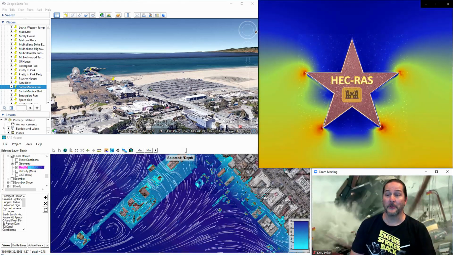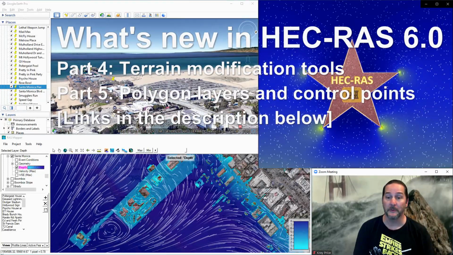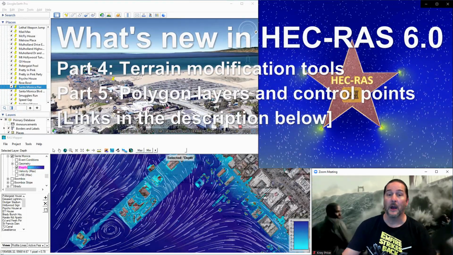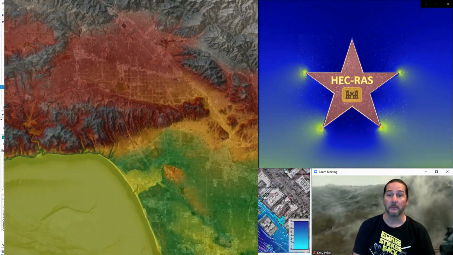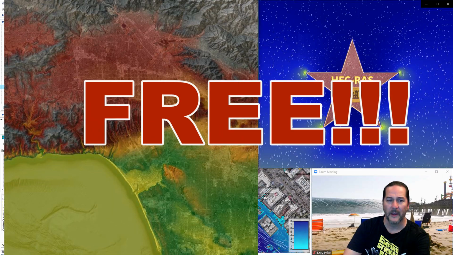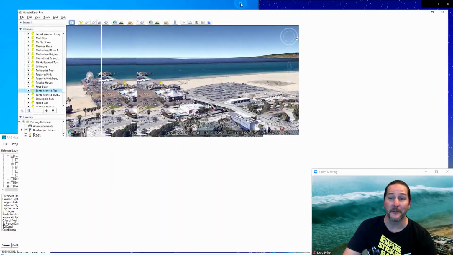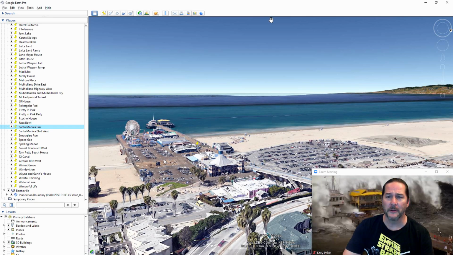If you want to try any of this for yourself in the meantime, please check out parts 4 and 5 of this series, where I will give you the links to the data sources, where you can download the HEC-RAS software and the terrain data that you see here for a very reasonable fee, which is, of course, absolutely free. So let's start with the trailer for the Season 3 premiere of Fox's 911, which shows a much smaller